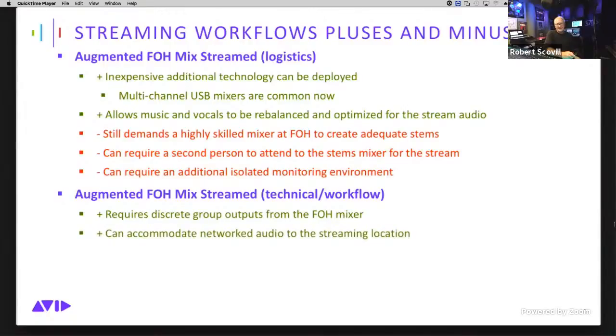As I said in the previous one, we can accommodate networked audio to the stream audio mixer. So we have plenty of transport capabilities now, as opposed to having to run copper everywhere. Plenty of capabilities to do that. Really, one of the bigger advantages, I think this is probably the primary advantage to doing streamed stem mixes, or